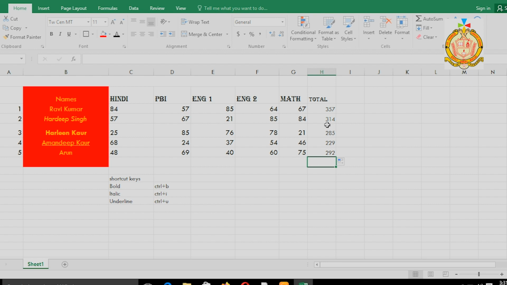Again I'm going to repeat this step. We have to apply the formula on only one student, like Ravi Kumar, the first student, and then you have to keep your cursor, wait for this plus sign, drag down, and you will get your result. Our sum will be the same. You can use a calculator for checking, and our answer will be the same.